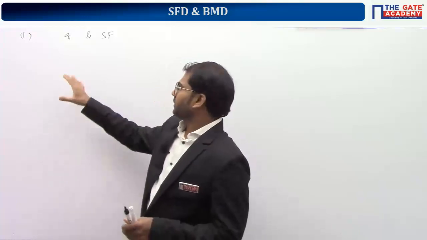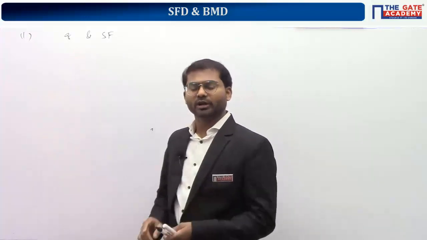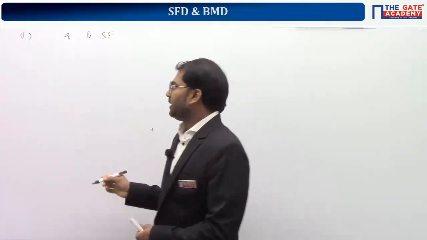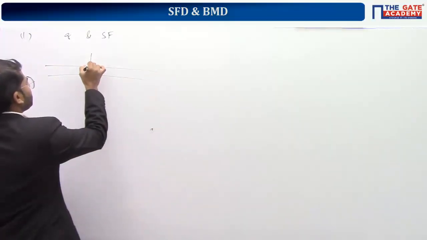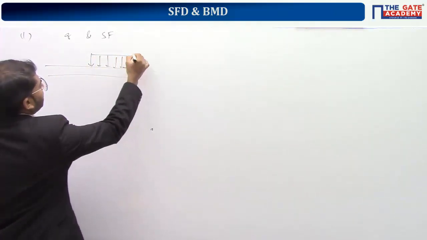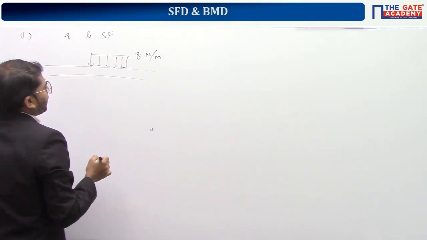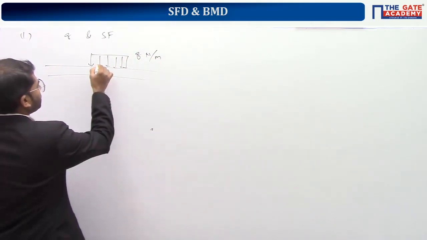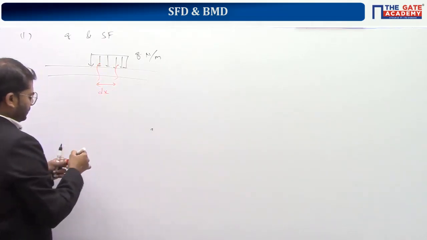I'll just explain the derivation for this part here. The other one, I'll directly give the result so that I will not get bored at all, because the mathematical calculation is more or less same. I'm taking a beam. The beam is like this. Let's assume over certain portion along the length, intensity is given by Q Newton per meter. Okay. So here I'm interested in finding out the variation of shear force over this distance dx.